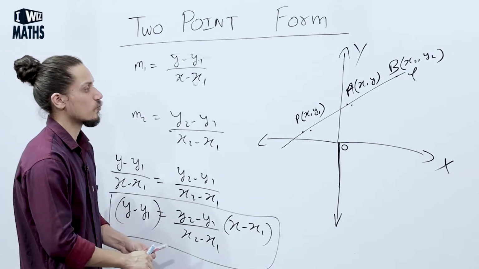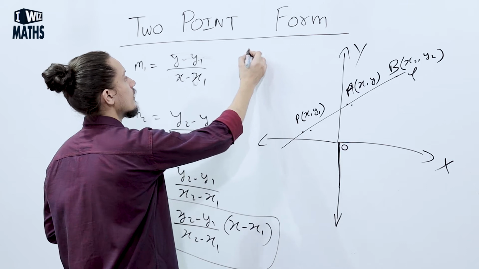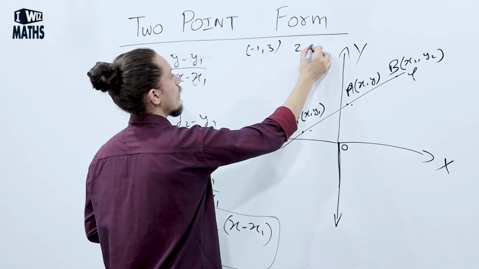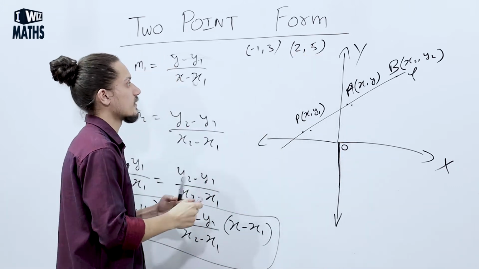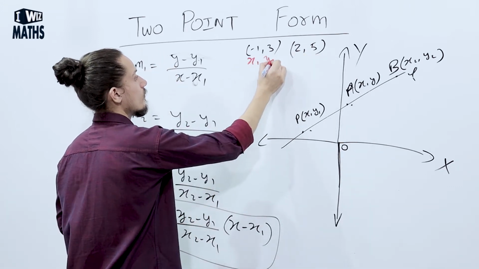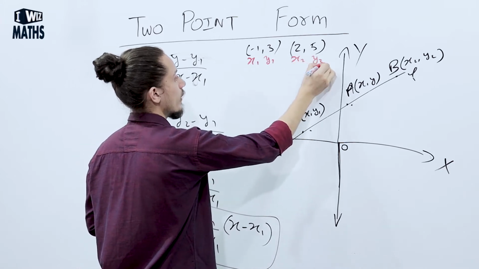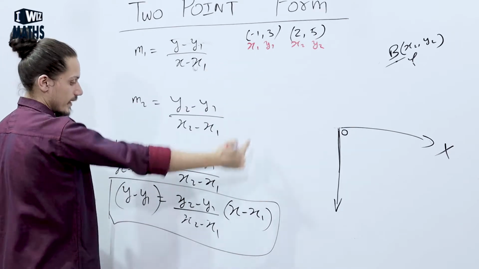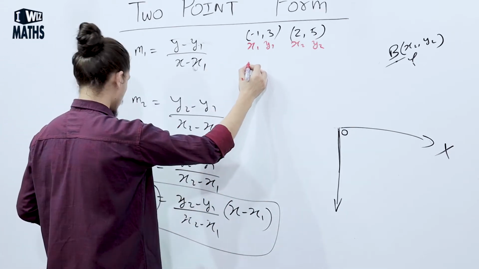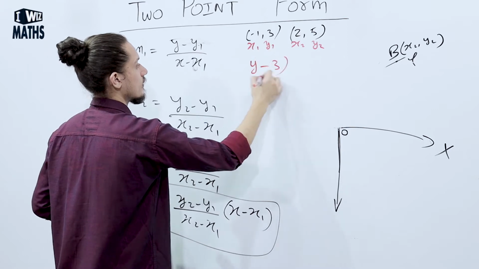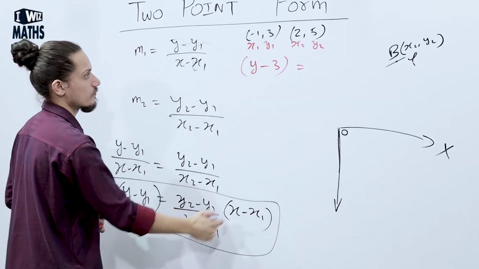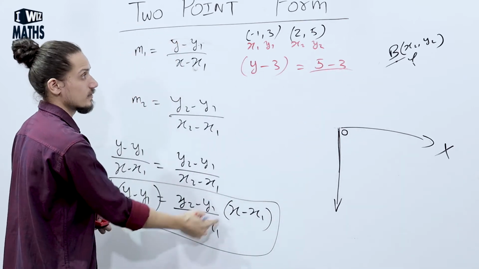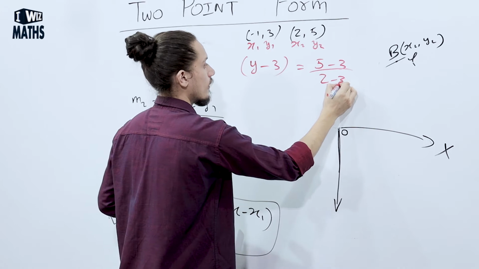For example, suppose हमारे पास 2 पॉइंट दे रखे हैं किसी लाइन पे, say -1, 3 and second one say 2, 5. Okay, तो इस केस में हमारे पास ये हो गया x1, ये हो गया y1, ये हो गया x2 और ये हो गया y2. तो इस केस में इक्वेशन ऑफ लाइन कैसे निकलेगी? We'll write यहाँ पे हमारे पास x1 y1 x2 y2 दोनों हैं, पुट कर दो, we get y minus y1, which is 3, is equal to y2 minus y1, that is 5 minus 3, upon x2 minus x1, that is 2 minus 3, into